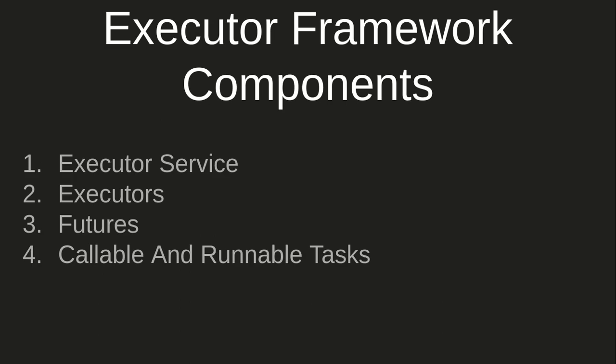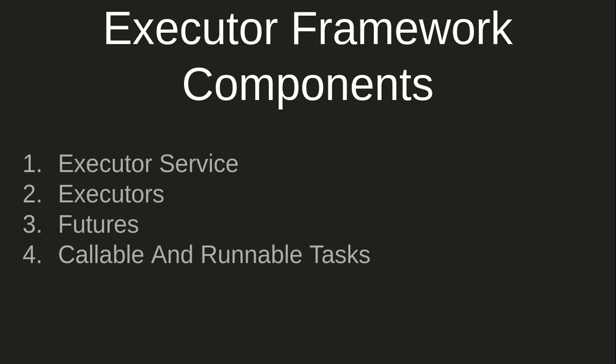Now, the executor framework has basically 4 components. The first is the executor service. Executor service is the part where you manage all the thread pool related activities. The second is executors. This is the actual place where your threads get executed. The third is futures. Future is where you manage the work across threads, that is, by waiting for the child thread to complete, getting the result of the child thread, requiring the child thread to complete in a particular time, or responding with a timeout. All those things can be handled using futures.